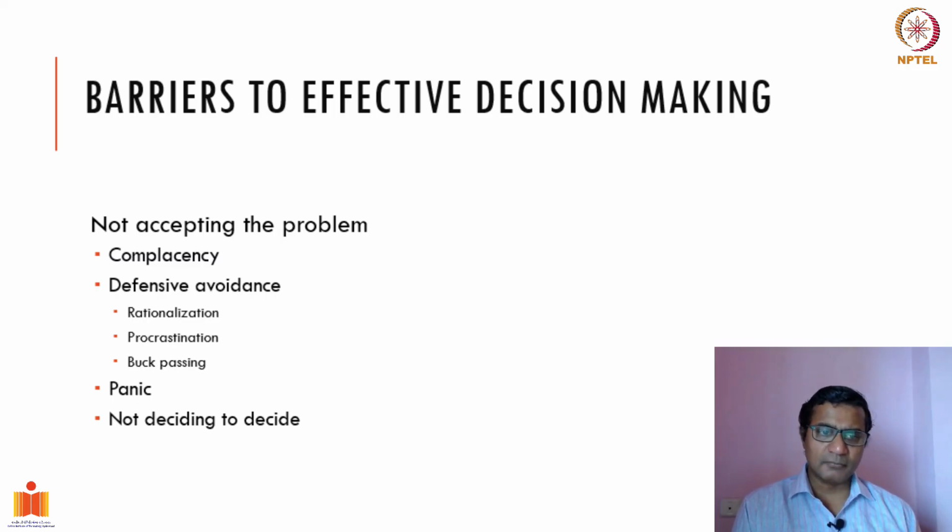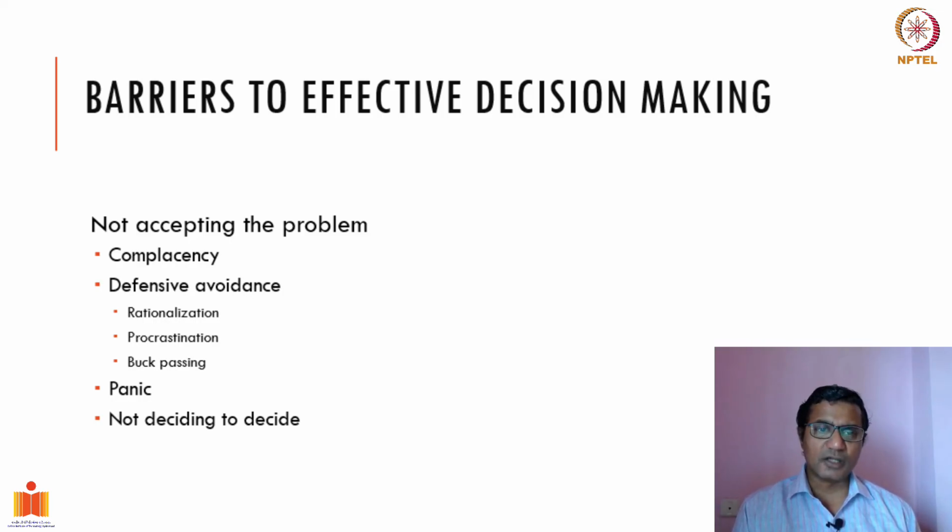There are also other reasons why people don't want to make decisions: they are genuinely panicked. They don't want to take the risk of making the decision because, like I said earlier, if you make the decision, you have to pay the price for it if it fails. People panic about making decisions because they feel it's a huge responsibility on their heads. A few people get anxious when they have to make the decision.